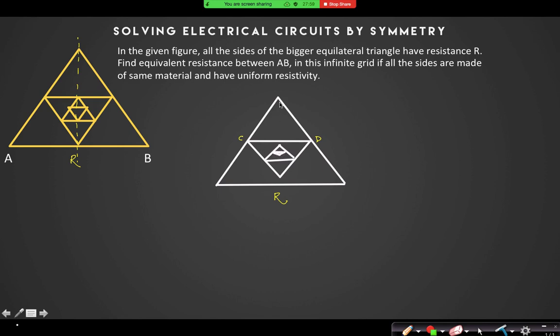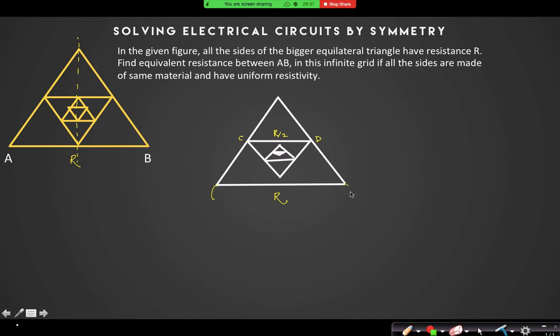Can you see that the same triangle now you can find inside this C and D? Because I have just removed one triangular unit from an infinite triangular unit, right? So the system will not change its configuration, but the value of the equivalent resistance will change, because now it starts from R by 2, right? So this will be R by 2 equivalent resistance between the point C and D.